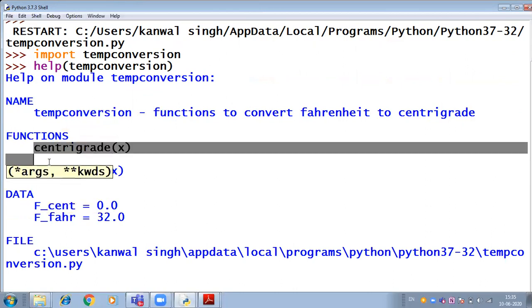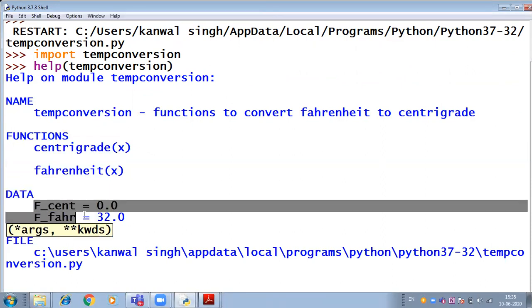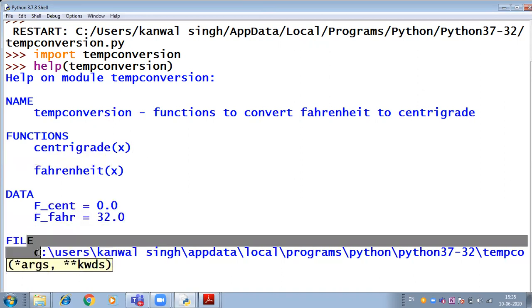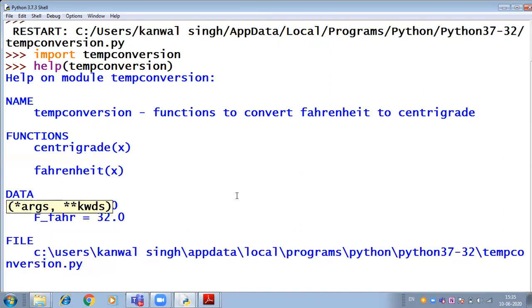There are two functions declared and defined inside the module. Then you will find the constants, right? And this file is stored in this directory. So you get each and every piece of information about a module which we defined in Python, right? And the name of that particular module is tempconversion.py.